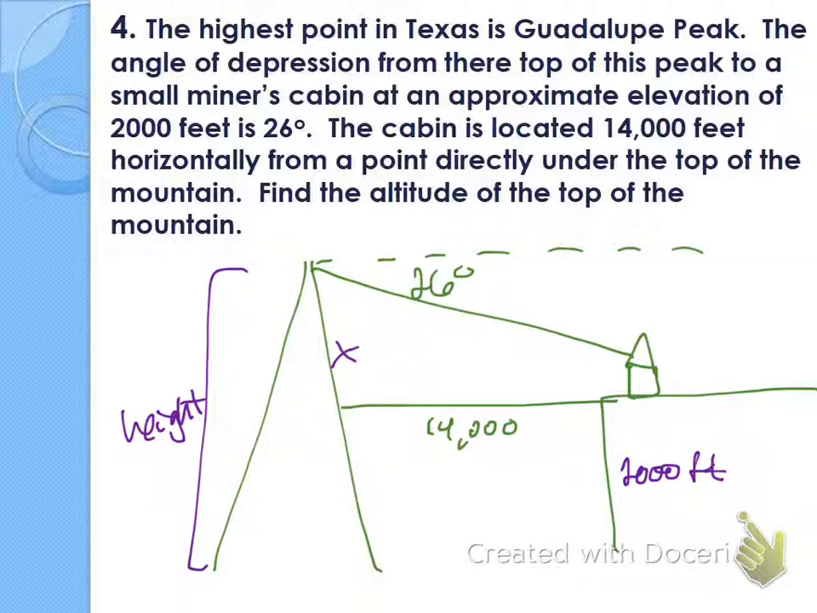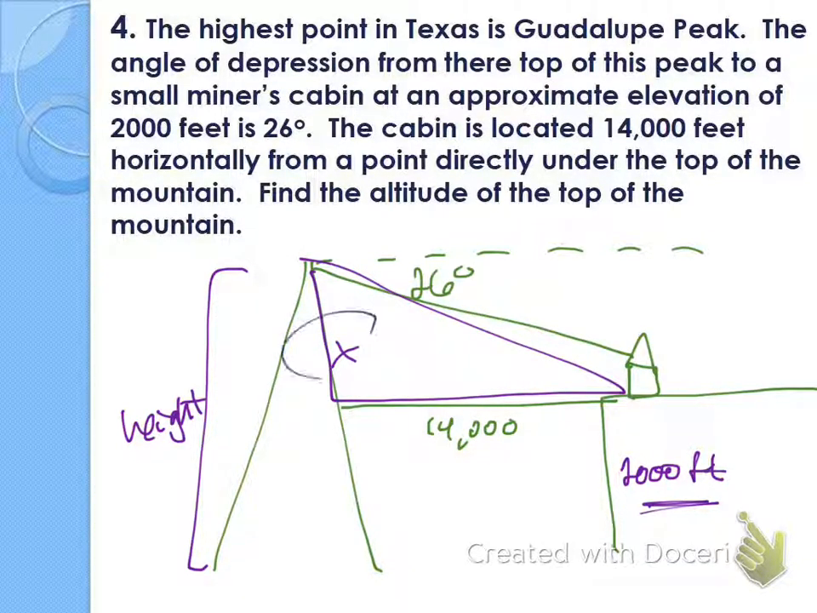Okay, does your picture look something like this? Right? So the wrinkle added in here is that the cabin itself is 2,000 feet off the ground as well. So if we're going to do an angle of depression from the top of the mountain to the cabin, then we have to understand that when we draw on that angle of depression, we draw on the distance from the cabin to the mountain right here. Then we are going to create this right triangle,